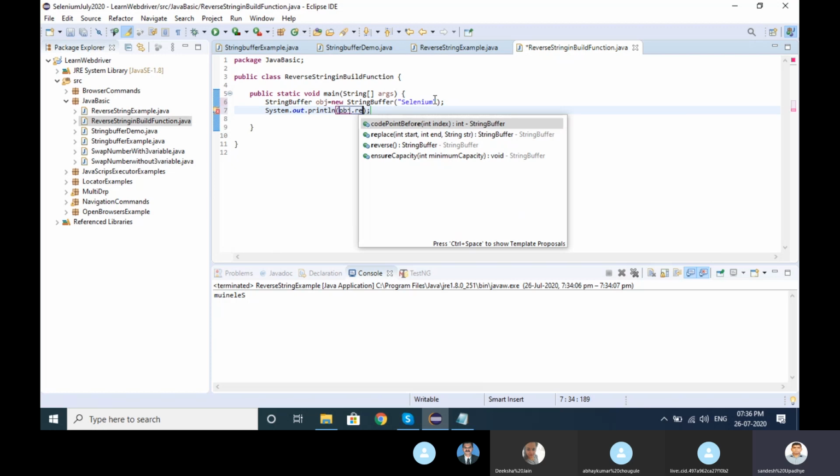There are direct reverse functions. If you pass this function, look here, whatever logic we built, it's very simple using the reverse function provided by Java itself. Either way you can use these, or you can use the inbuilt function directly.